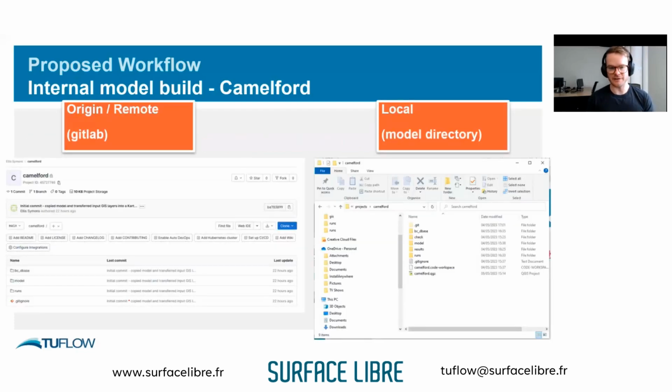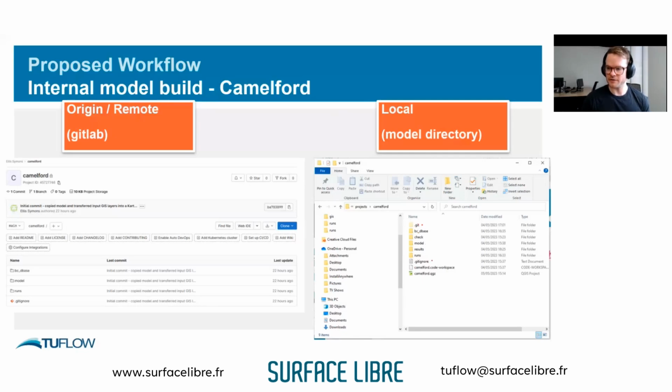What do they look like? Well, locally on your computer, they look like just a TUFLOW model. So this is on my C drive. It pretty much looks like a TUFLOW model if you're familiar with TUFLOW models. The only thing is there is this hidden Git folder here, which is just what Git's using. It's just the repo information and stuff being stored inside this folder here. You don't really need to worry about it. I'm just pointing it out because it is there, and that just signifies that this is a Git repo.